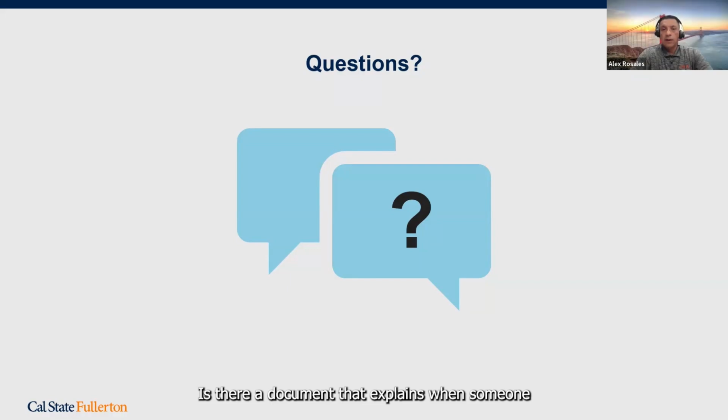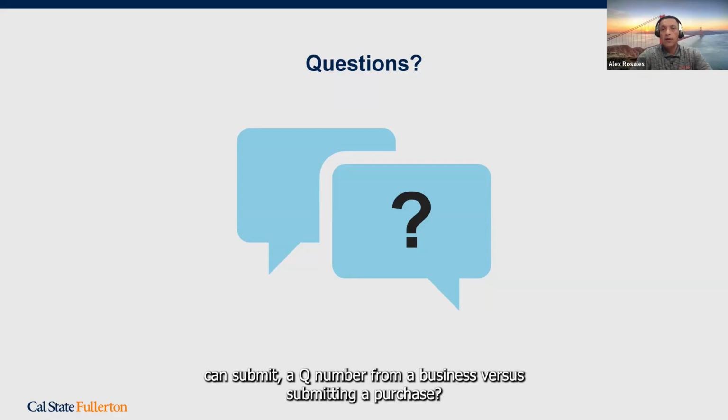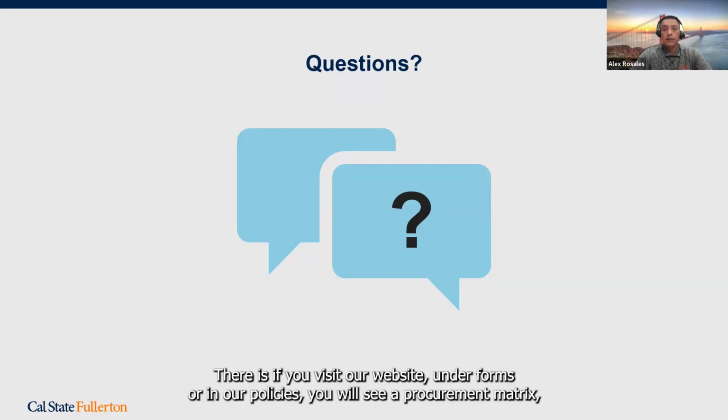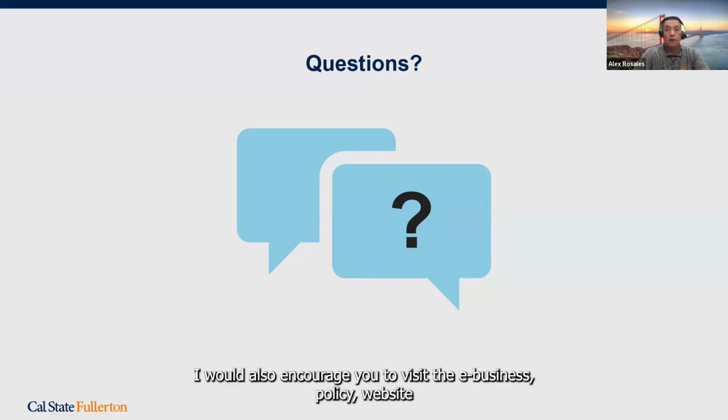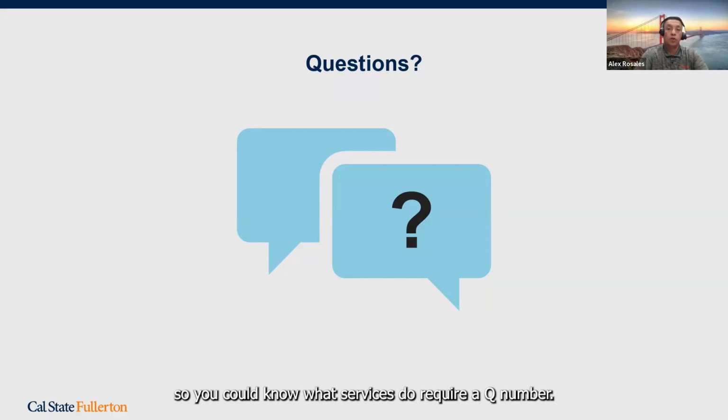Is there a document that explains when someone can submit a queue number from e-business versus submitting a purchase requisition? There is. If you visit our website under forms or policies, you will see a procurement matrix. It breaks down the services that you could put on a P card versus what needs to be in a requisition. I would also encourage you to visit the e-business policy website so you could know what services do require